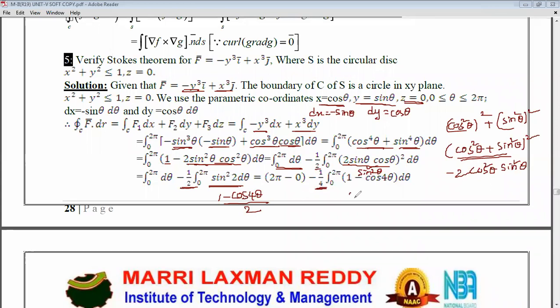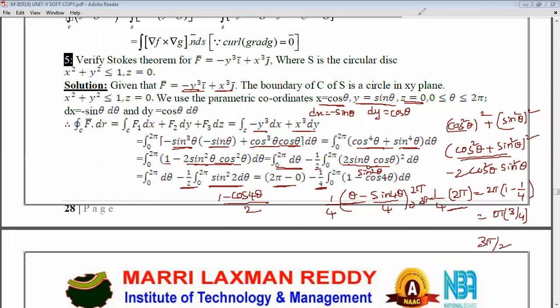And by applying integration for this, theta minus sine 4 theta by 4 between the limits 0 to 2 pi, 1 by 4 into. If we substitute the limits, we'll get 1 by 4 into 2 pi, and sine 8 pi is 0. If we substitute 0 also, both the terms become 0. So the second one we got as 2 pi by 4, and the first one we got as 2 pi. So 2 pi minus 2 pi by 4 is nothing but, after taking 2 pi as common, 1 minus 1 by 4. So 2 pi into 3 by 4. Simply we got 3 pi by 2. So this one we got.